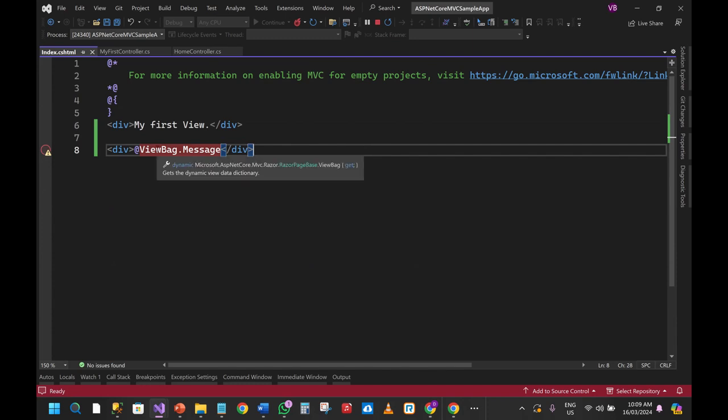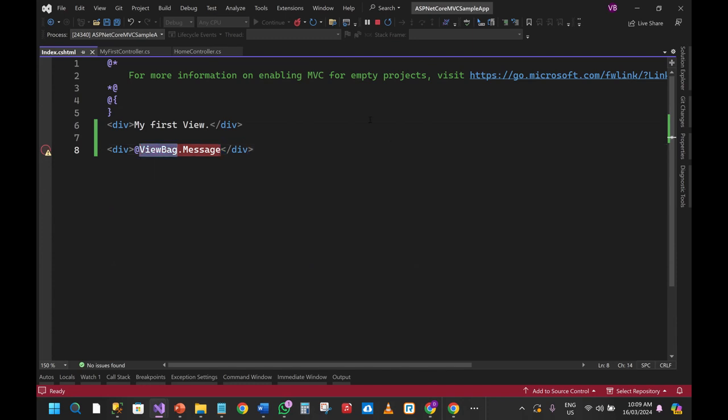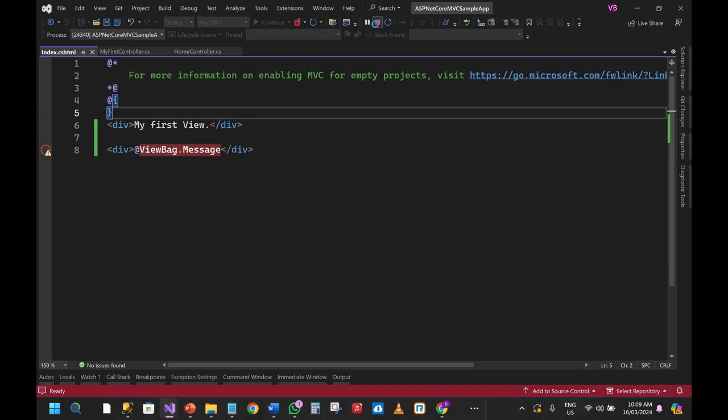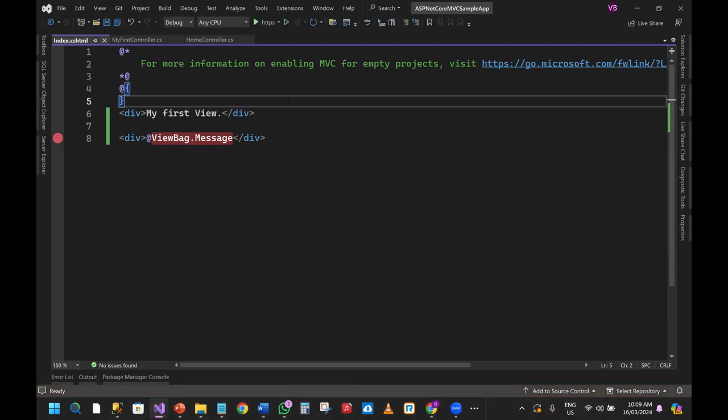If you set it here and want to use it in a different controller, you cannot access it. ViewBag is specific to your controller and the related views only. So you cannot use it to transfer values from one controller to another controller. Okay. Now let's increase a little bit how you can